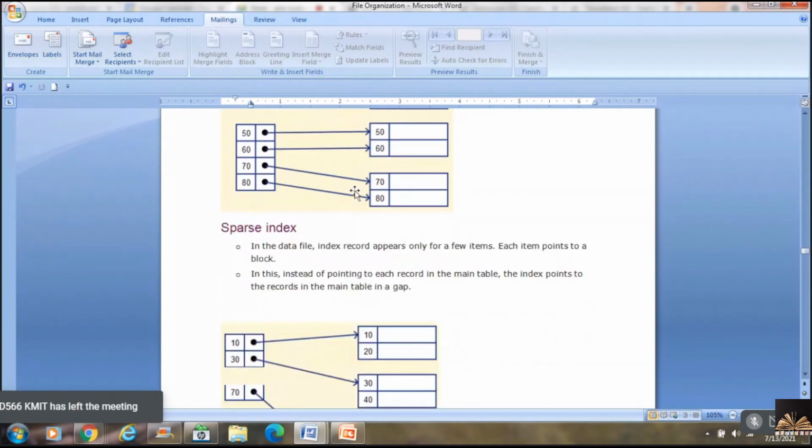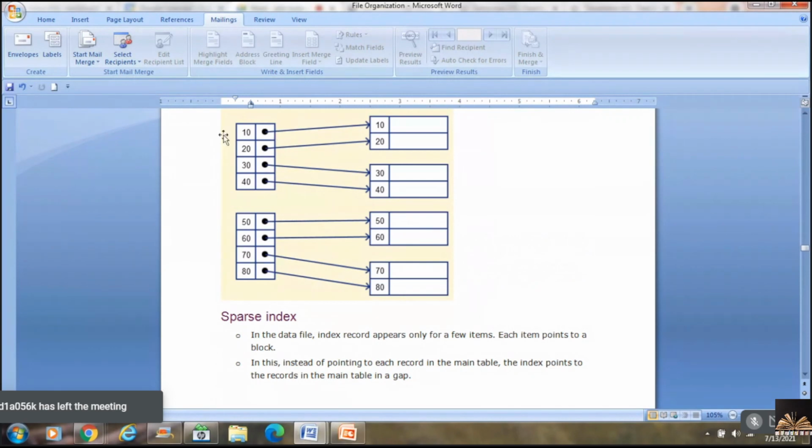And the next one is sparse index. Now what happens here is that I'm trying to reduce the size of the index table. In sparse index, instead of putting all the search keys, I put only some search keys so that I'll save time whenever I search for the index keys.